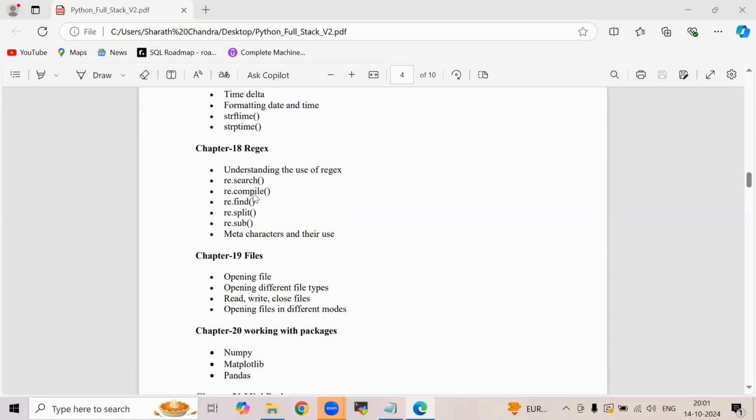And then in chapter 18, we are going to see regular expressions. The term regex is short for regular expression. It is more like your Control F. Let's suppose we have MS Word. In MS Word, if you want to search any word of your choice, you press Control F and give the pattern of that word. Now let us suppose I want to search for understanding, or let us suppose understand. So how many matches do I get when I type this particular pattern? There are 3 by 5.